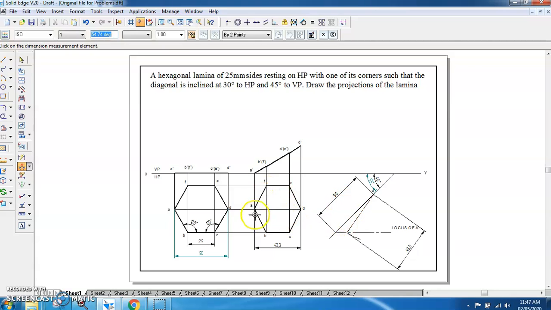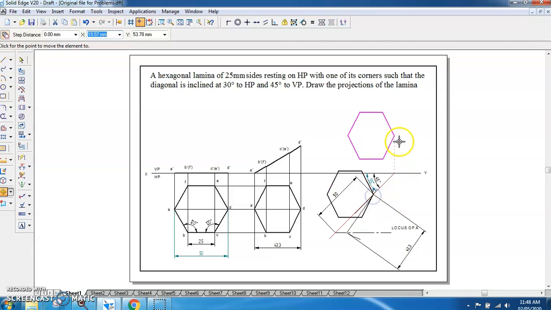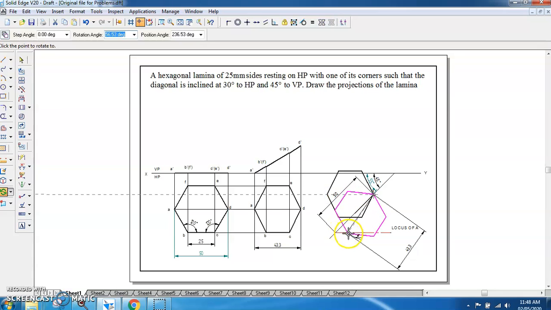Once we do this, now we have to reconstruct this figure over here. To reconstruct, we can copy this image. Select all the edges of this. Go to the move command, move, we need a copy of this from this point, from D. Pick it from here, place it at this point, right click, go to rotate, rotate from this D point to this A point till it connects to this point here.